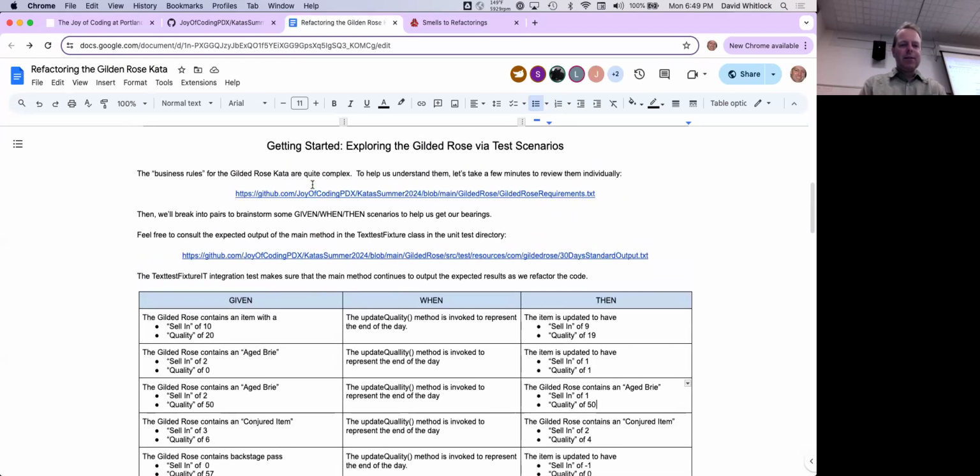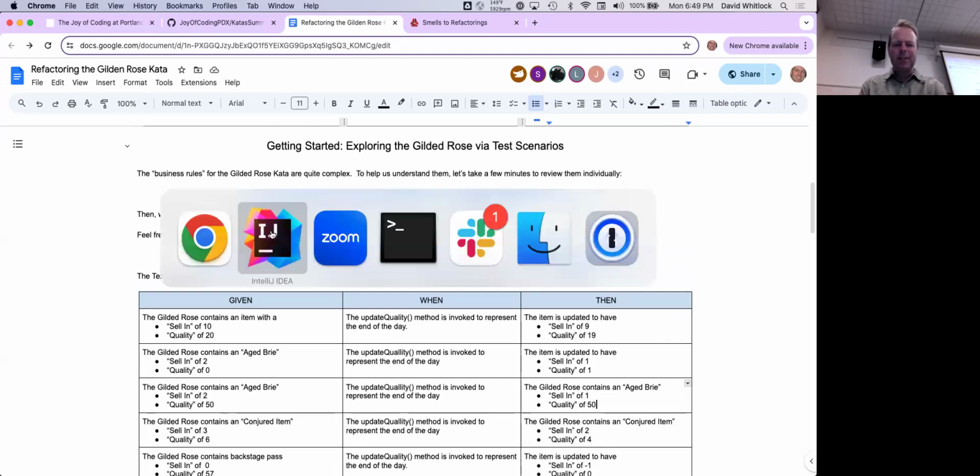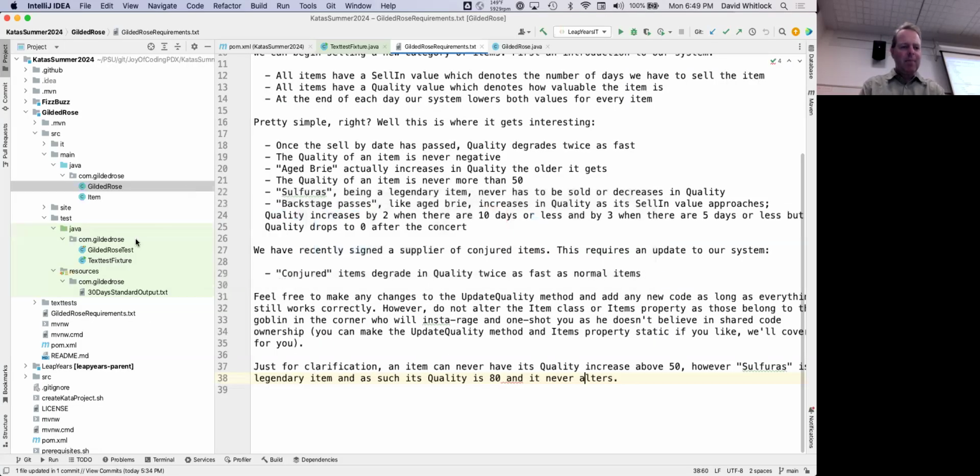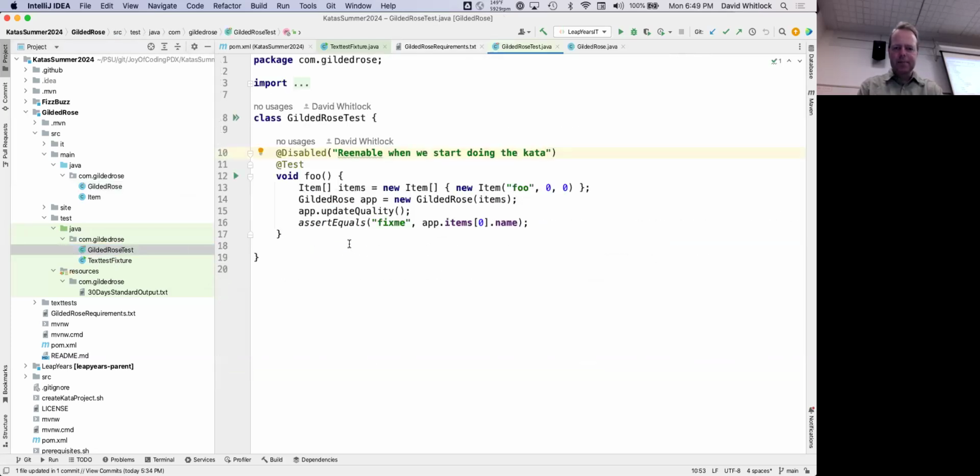Now, there's another test, and so let's spend a couple of minutes implementing some of these tests in the Gilded Rose test. Oh, here is that one failing test that she mentioned in the video.